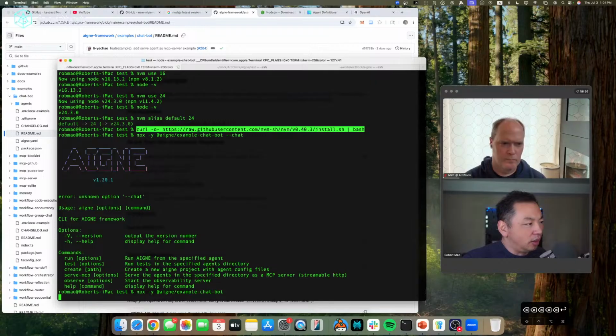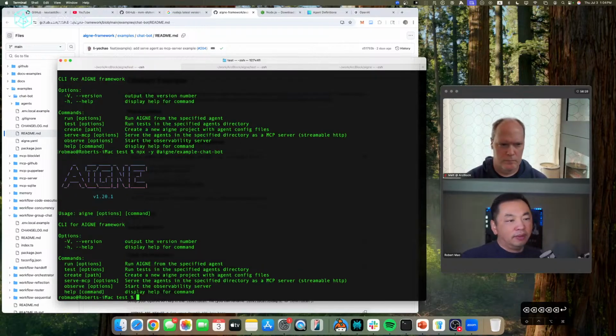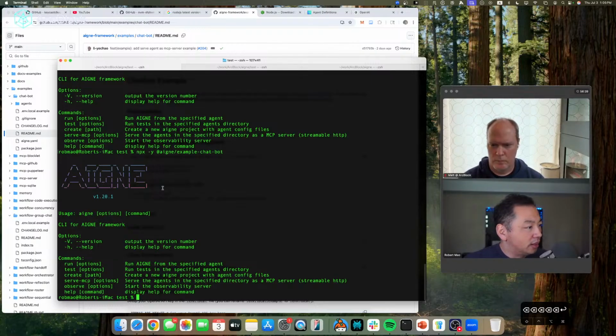So this no longer runs this demo, but instead it just shows the AIGNE framework standard message, and says it actually has an error. So this is likely because they had an update last night that caused some issues.